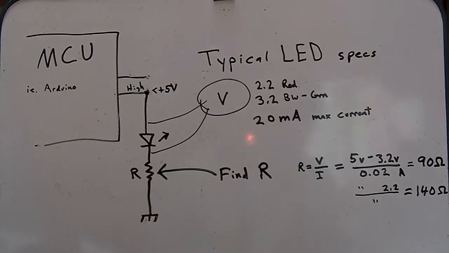I see a lot of people just using a generic value. They'll use 220, or they'll use even 1 meg, 1K rather. And you'll see, if I used a 1K, it'll still light up. It'll still light pretty bright. It won't be as bright as it would be at 90 ohms, of course,